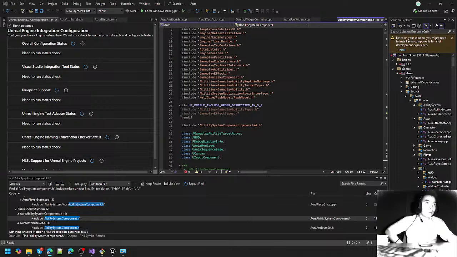And go through this class, right? It's a big class. There are almost two, and search for ability system component. Here's the header file. And it can actually be really informative to just go